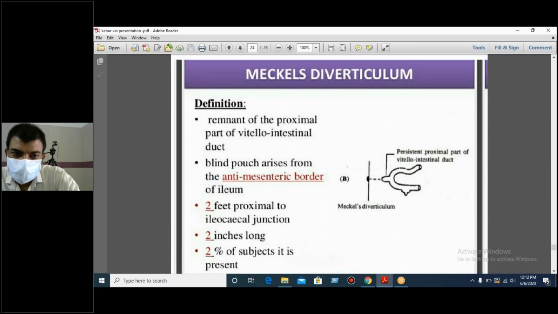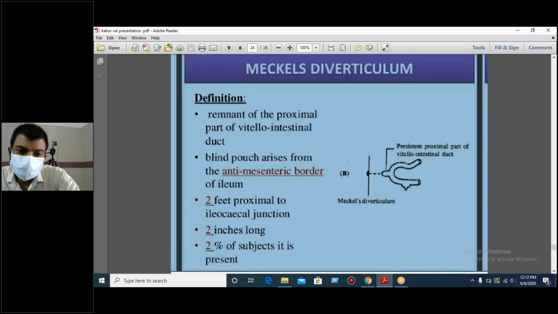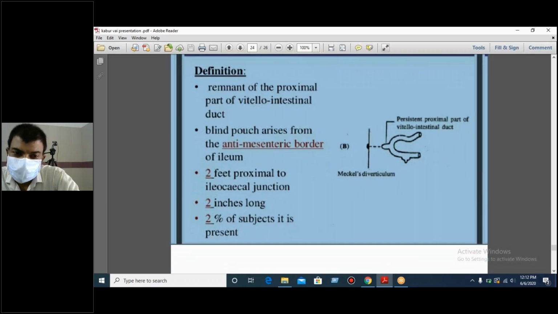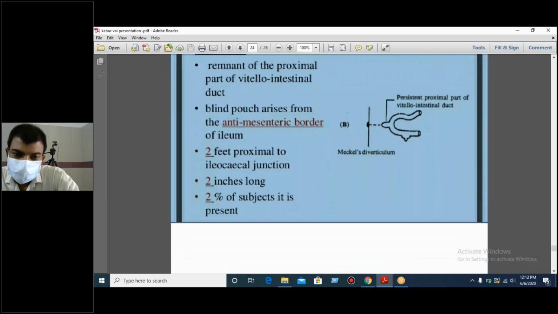Now Meckel's diverticulum, a remnant of the proximal part of the vitellointestinal duct. What is Meckel's diverticulum? It may be defined as the remnant of the proximal part of the vitellointestinal duct. A blind pouch arises from the antimesenteric border of the ileum, 2 feet proximal to the ileocecal junction, 2 inches long.